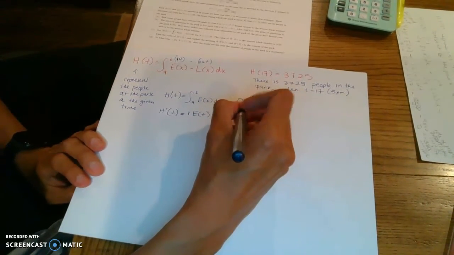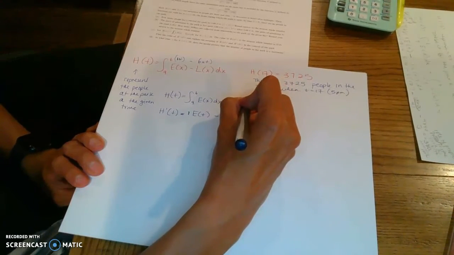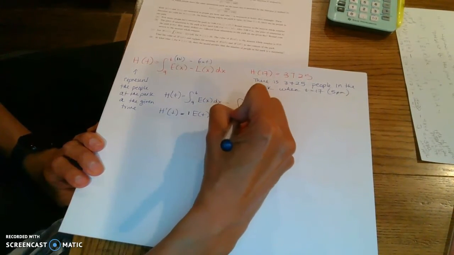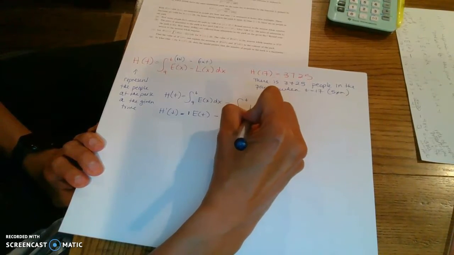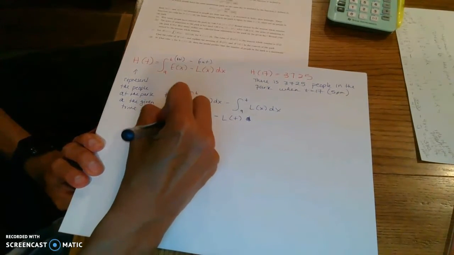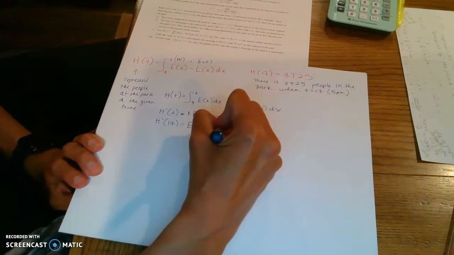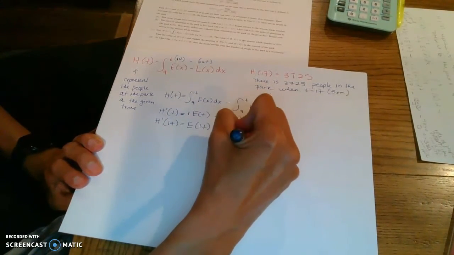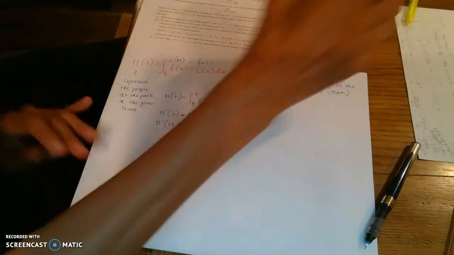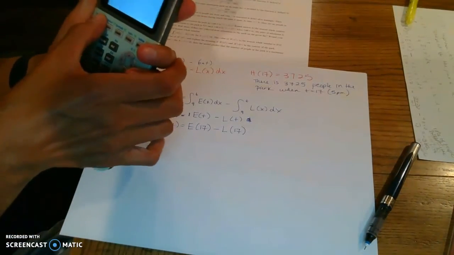And when I go ahead and take the derivative of the upper bound, it's going to be 1 times the upper bound subbed in, so it's L of t that is the derivative. So if I want to know this for 17, all I'm really doing is finding E of 17 minus L of 17. So because I already have both equations in the calculator,